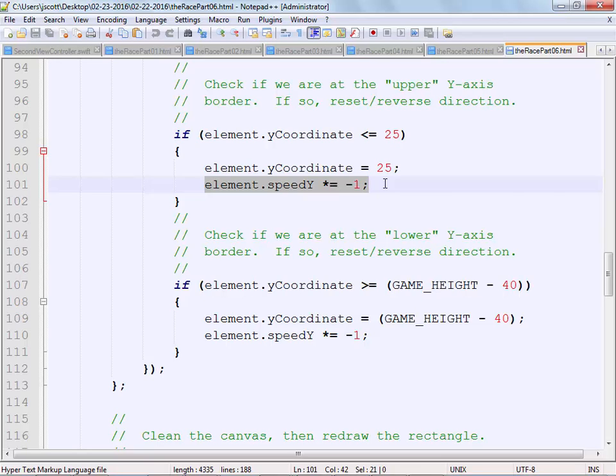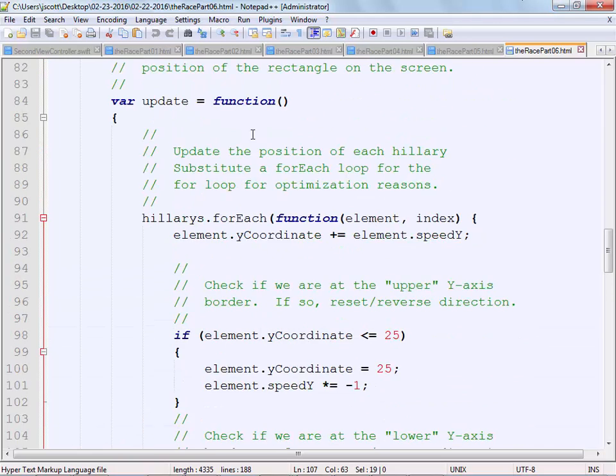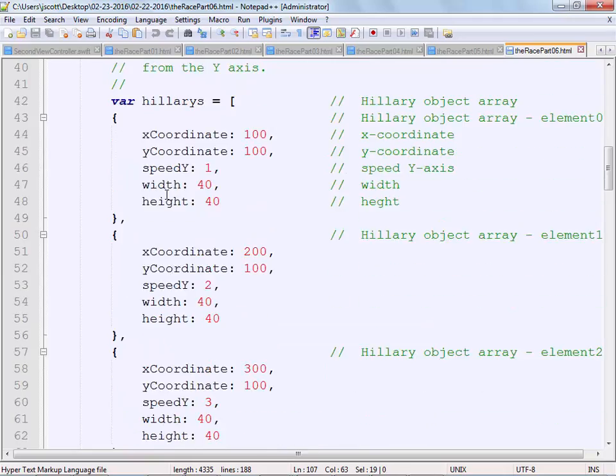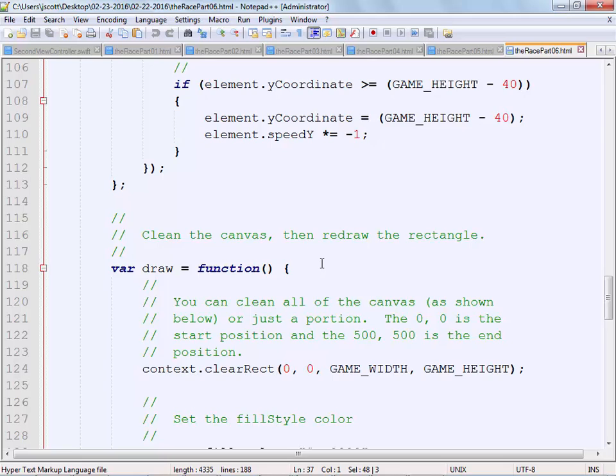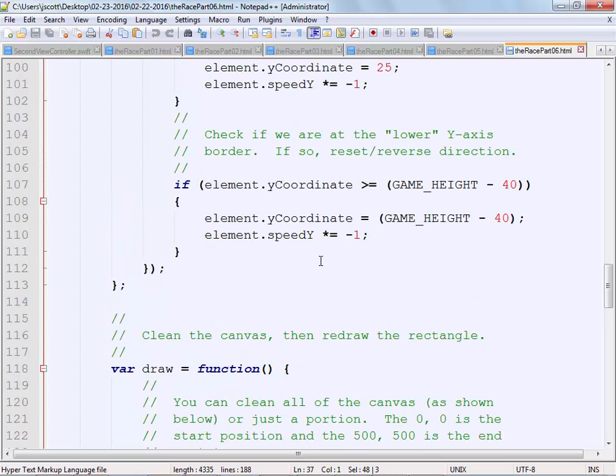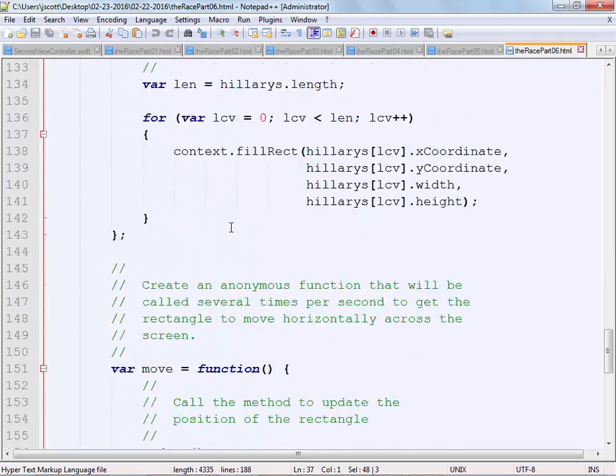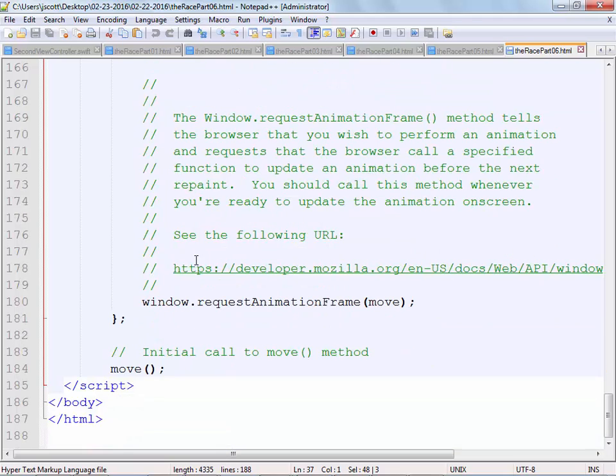Again, there are plenty of different ways this could be done. Notice too, we used game height -40 in here, actually using those constants we set up at the top to figure out when the bounce should take place. You could change that any way you wanted. The draw function hasn't changed. The move and the draw, none of these have changed.